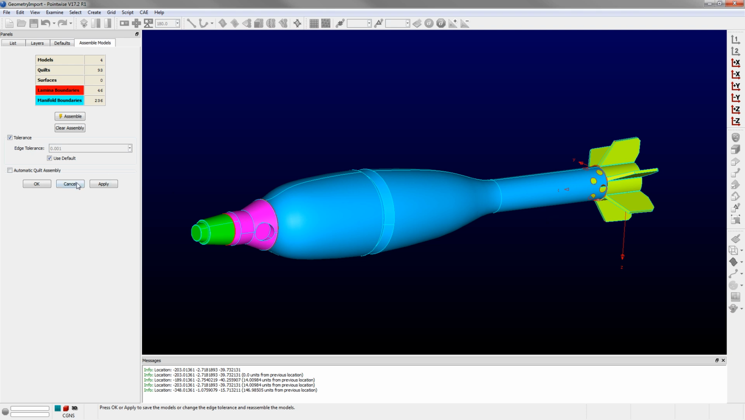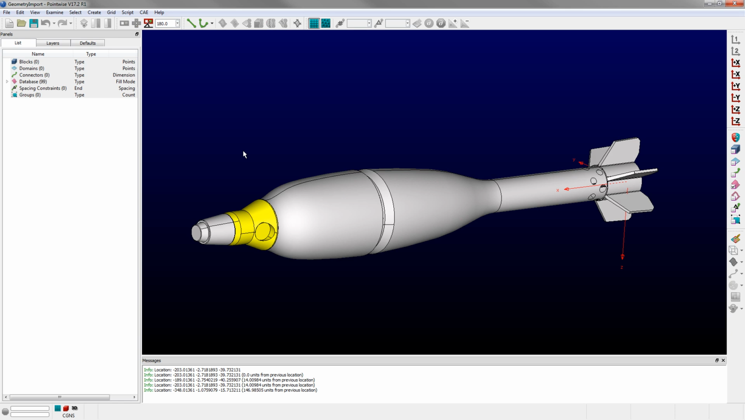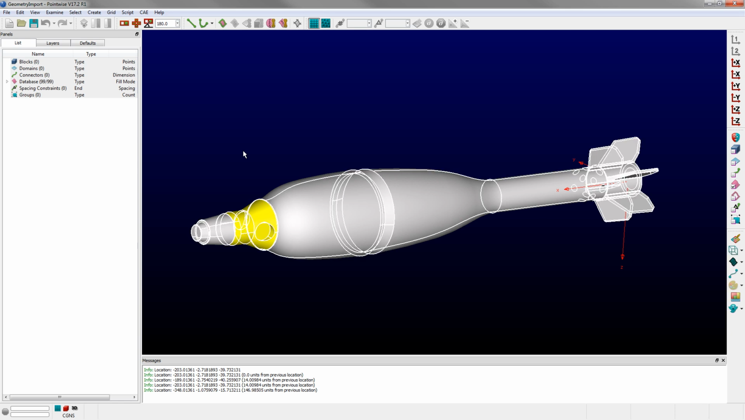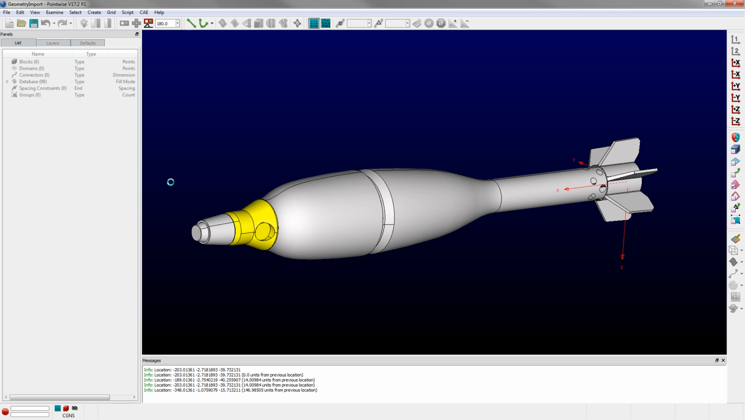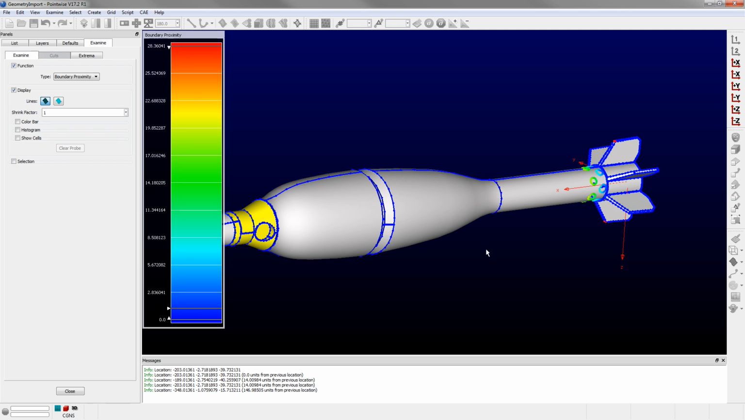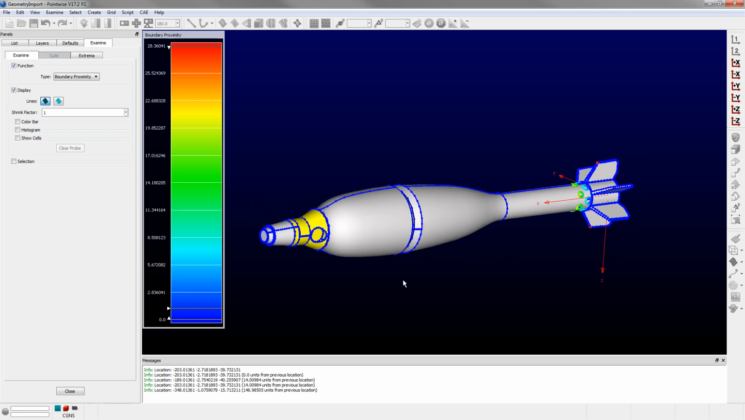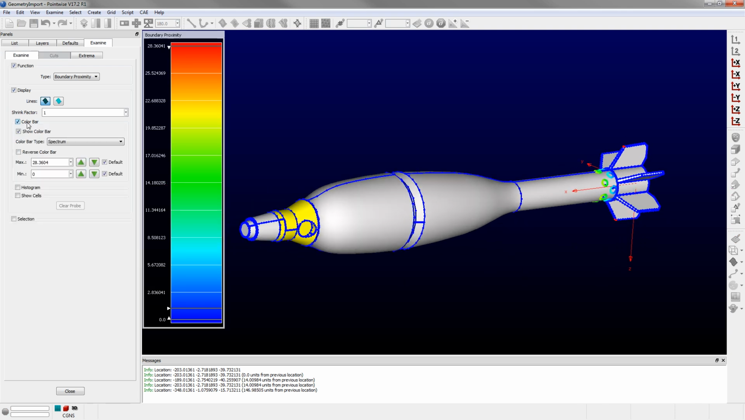All right. So something else you can do is just grab the geometry again. Control A is select all. And you can go examine boundary proximity, and this is going to allow you to look at the distance between adjacent database surfaces. And what I like to do is under the color bar tab, it automatically picks the min and the max, but I'm going to set this to like 0.1, and there you can actually see those gaps